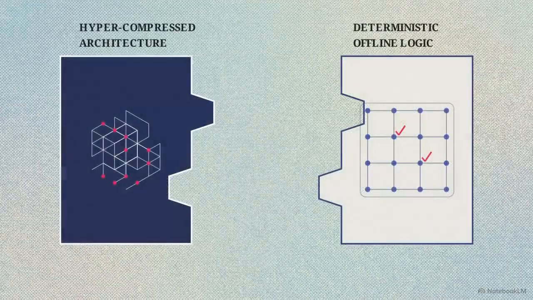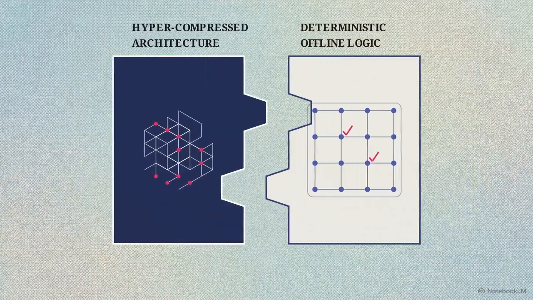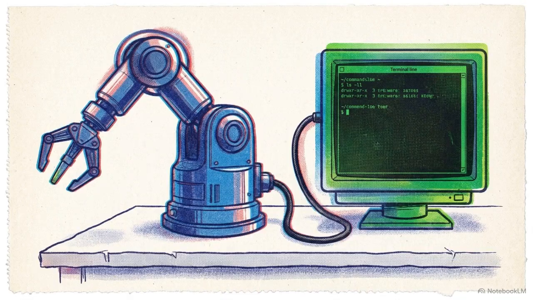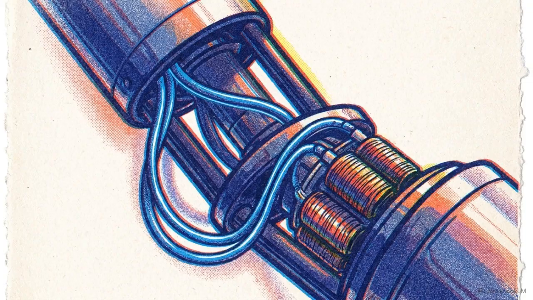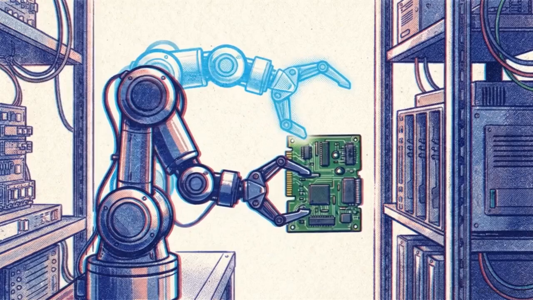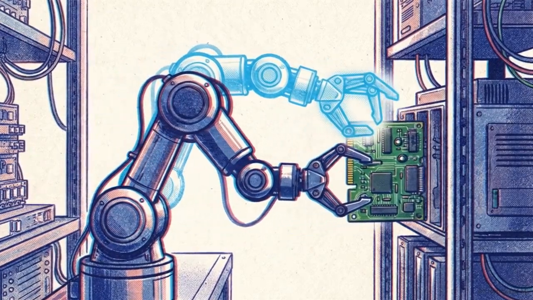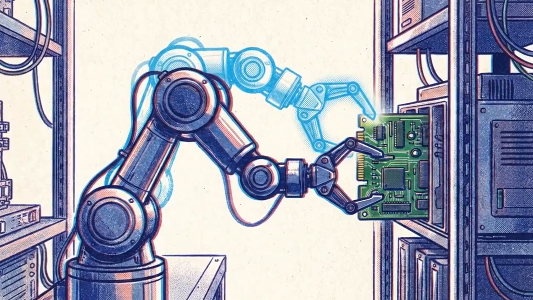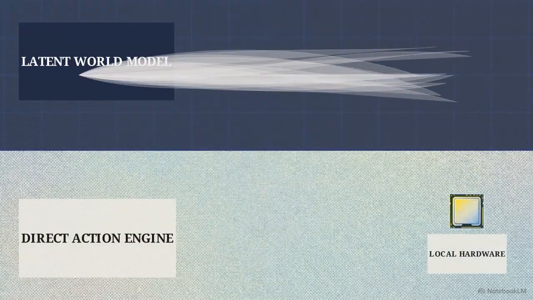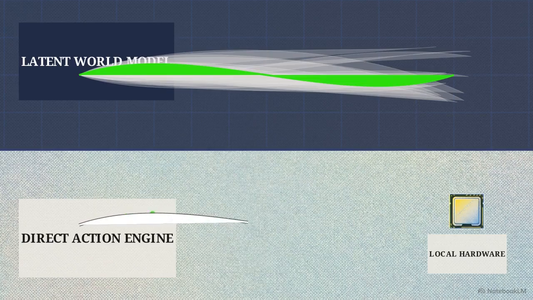When you combine hyper-compressed architecture with deterministic offline logic, the application layer moves out of the terminal and directly into the physical world. The release of the LeRobot v0.6.0 toolkit connects these elements by embedding predictive world models directly into the control systems of physical robots. Running completely offline, the system's artificial intelligence can simulate and rehearse the physical outcomes of its actions in a latent digital space. It tests its movements internally before commanding the hardware to execute the task in reality.